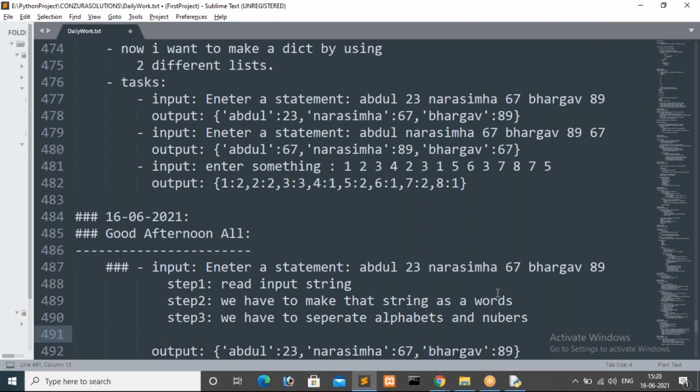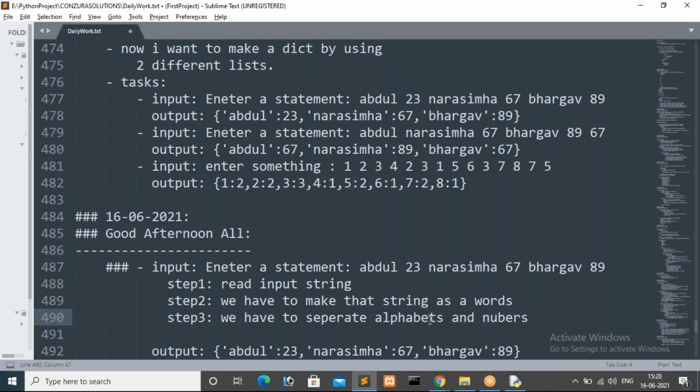In the third step, here we are getting a list of words now. In that list we have to check whether there is any alphabet word, whether there are numbers. We have to separate them. We have to keep all alphabets in one list, then keep numbers in another list. Then how can we check whether a word is alphabetic or not, guys?